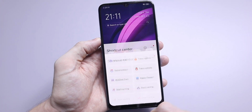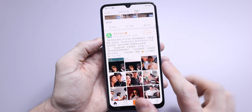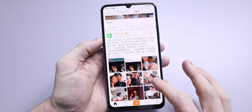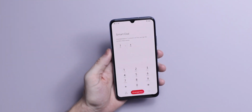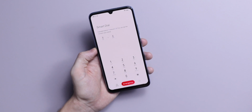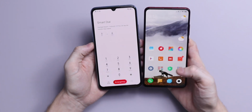You get a water drop notch, so you don't get that fully bezel-less display, but that does help cut down on thickness and weight of the device. From my very quick usage in the unboxing, the OLED screen seems very good and very bright. Absolutely no problems there. First reaction is that the bottom bezel is a little bit on the large side. Now, cheaper phones, you're gonna get this, but even compared to maybe like the CC9 from Xiaomi and very quickly the Redmi K20, yeah, it is a little bit bigger, but to be honest, it's not really a deal breaker